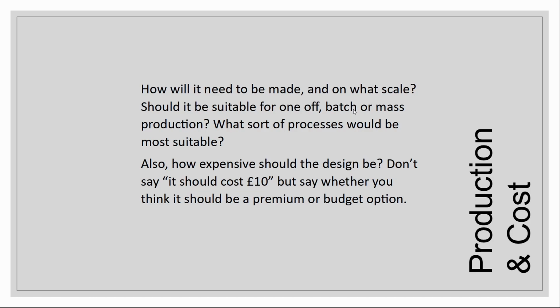A batch might be if it's a specialist product that you're not going to be making that many of, or if it's quite a big product that you cannot produce many of. So I'm thinking maybe like houses or performance cars might be batch production, where you're producing a number at once, maybe between 25 and let's say 1,000, depending on the product. But you're not producing them in the millions, and you're not producing one at a time. You're producing them in groups, using things like templates, using things like jigs and hand tools and things to speed